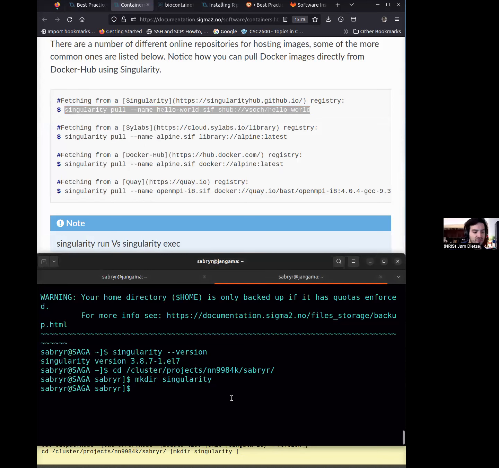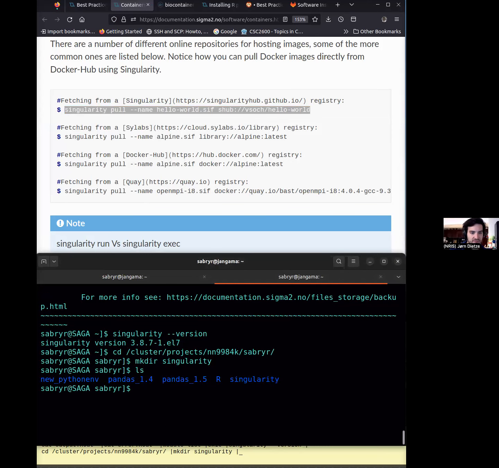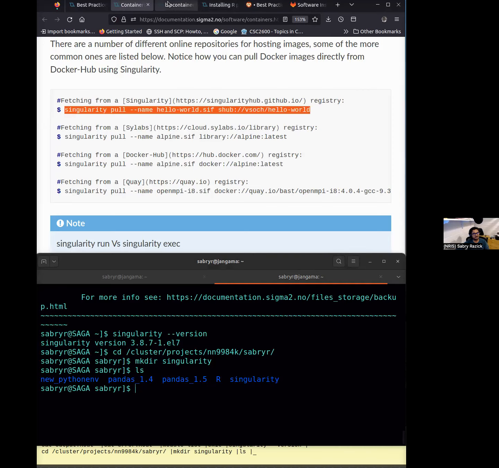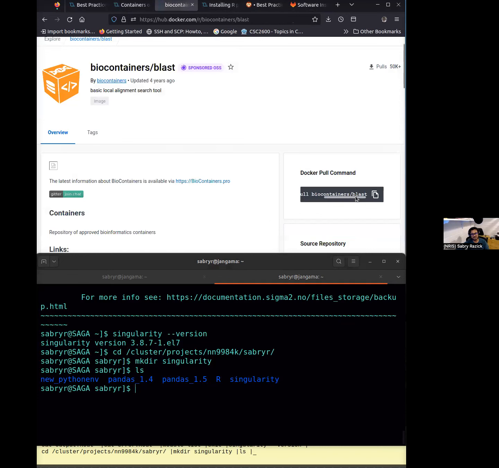And could I also just copy the command from the website you just showed? There was a copy option. Would this work? Good question, Jørn. So where is that? BioContainers. So you could use that, but I will tell you in a moment how you do that, because the copy paste will not directly work, because this is for Docker.